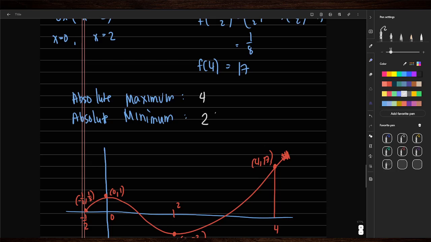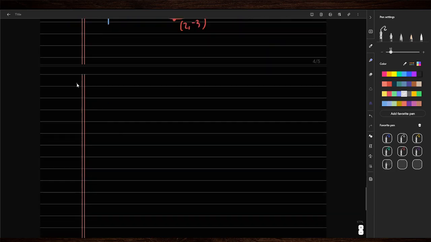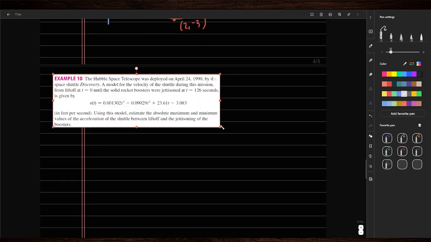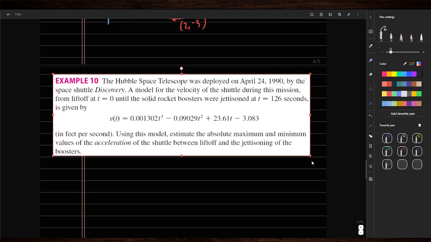Okay, let's proceed to the last example now. I will just be attaching the given problem, and let's read it. This one is more like an application to the given theories that we just learned. The Hubble Space Telescope was deployed on April 24, 1990,